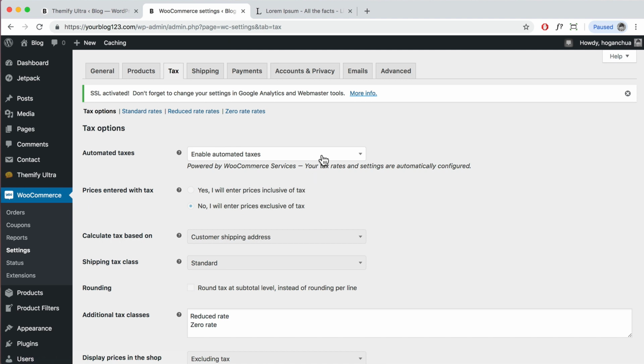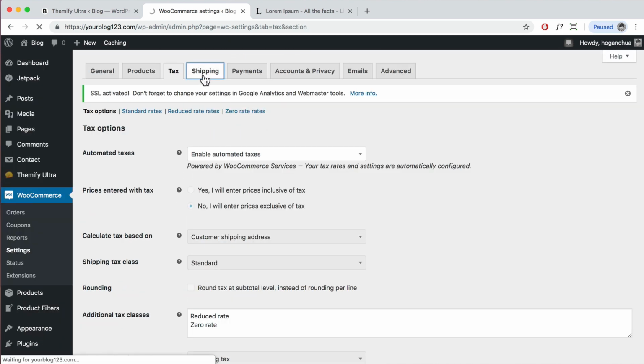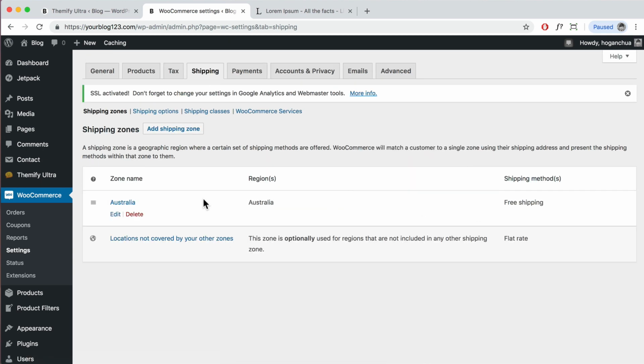And you should have enabled automated taxes, okay, and that will calculate it for you. Okay, and then click on shipping. So here is where you can add in additional shipping zones and set in a specific price for a specific zone. So for example, you might do add shipping zone,